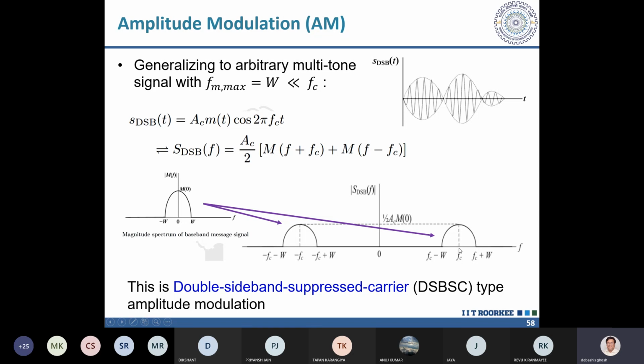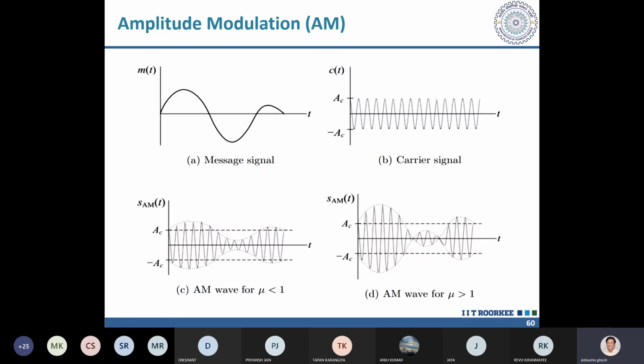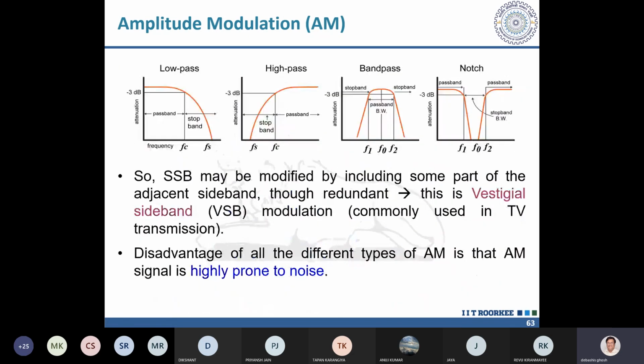So that is the problem. I have to have a sharp cutoff from FC. The problem is that practically the filters cannot be like that. I have drawn here the practical low pass filter, with pass band and stop band. But practically the low pass filter will have a frequency response like this. This is the frequency response, how a filter should respond.